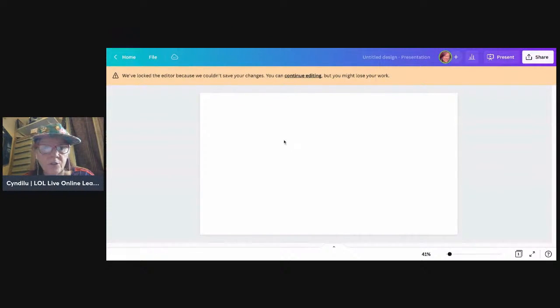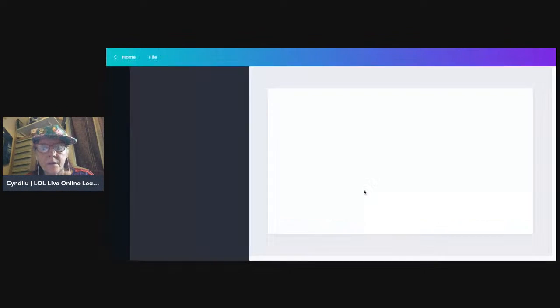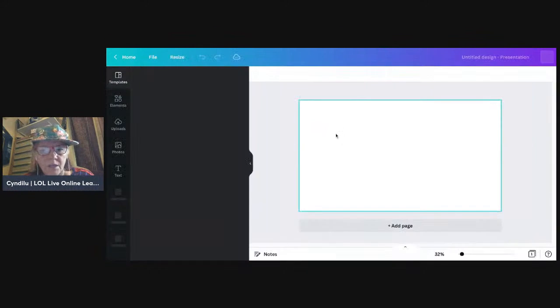They've locked the editor. They can't save anything because I haven't added anything, y'all. Okay. All right. Refresh the window, see if that helps. Reload. There was nothing to lose. Okay, so I am going to go ahead and